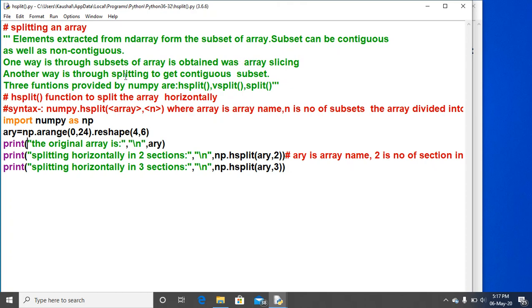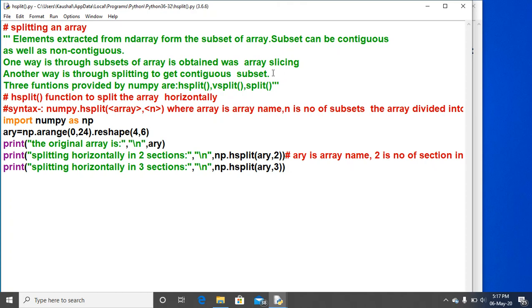And another way is through splitting, to get a contiguous subset. Splitting means to divide the array elements, to divide the rows or the columns of the original array.